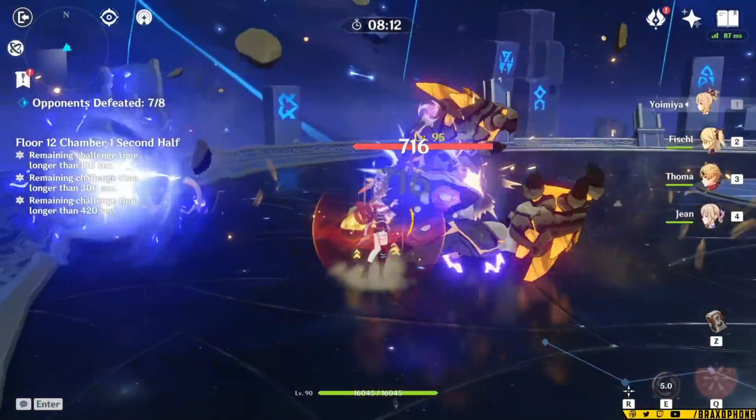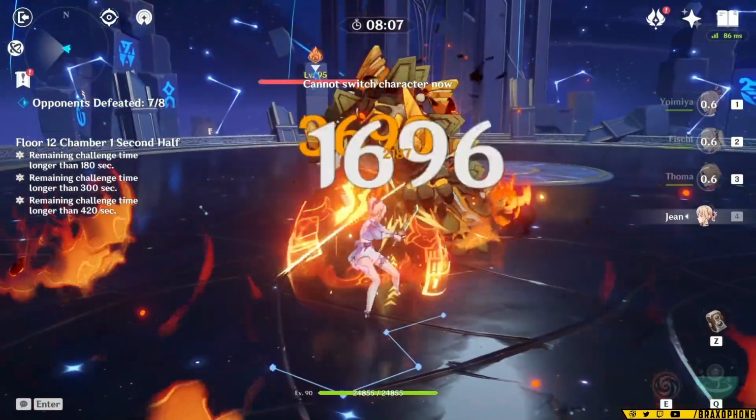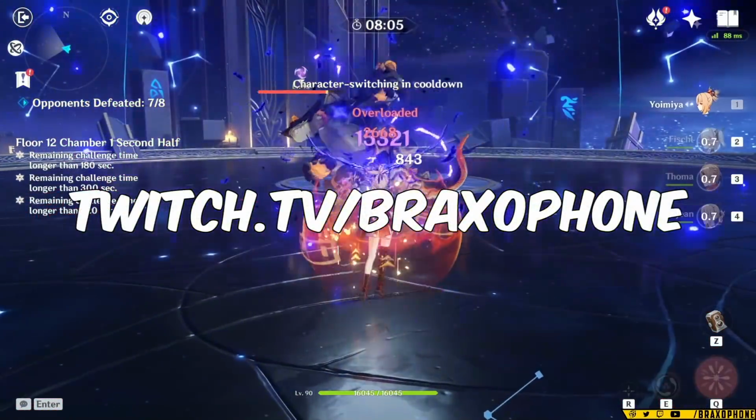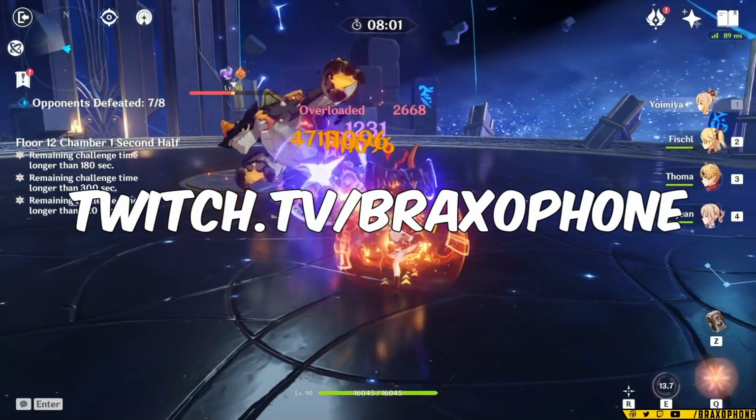Thoma is the 37th Pyro Polearm character in Genshin Impact, and even though he's one of many characters of his archetype, he provides a unique utility that other characters in the game haven't been able to yet. However, he can be confusing to build due to his need for so many different stats, so today in this